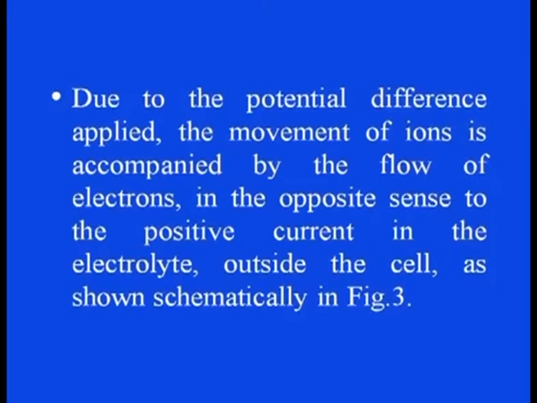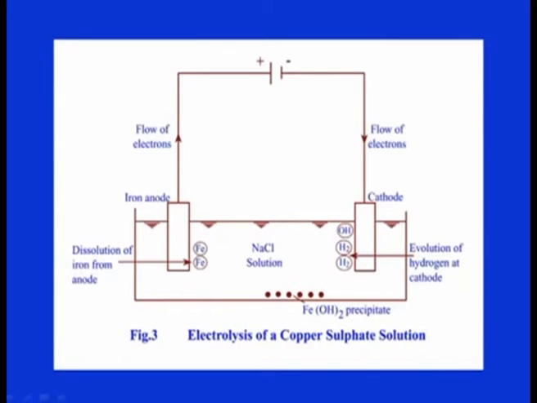Due to the potential difference applied, the movement of ions is accompanied by the flow of electrons in the opposite sense to the positive current in the electrolyte outside the cell,